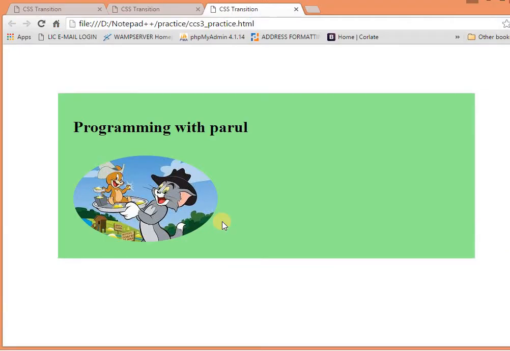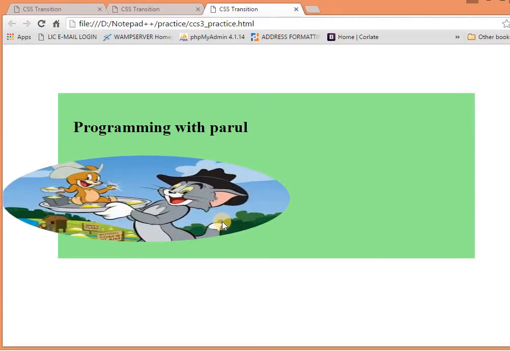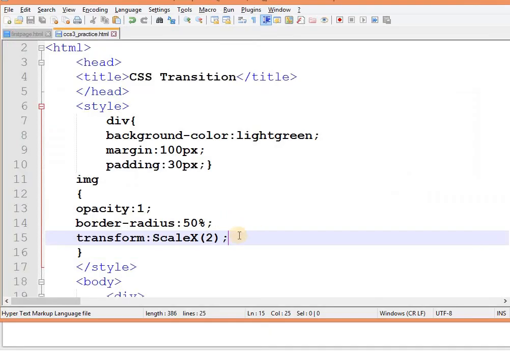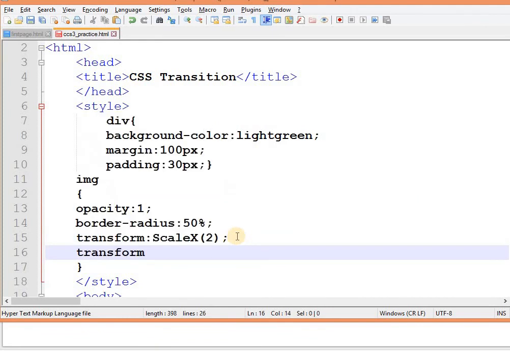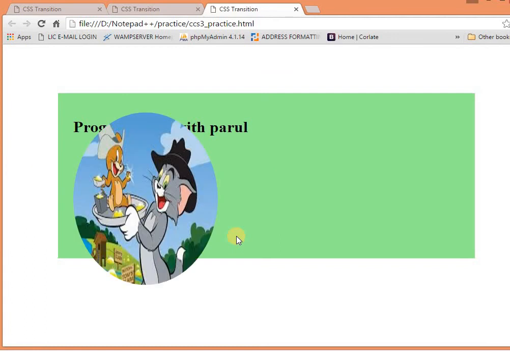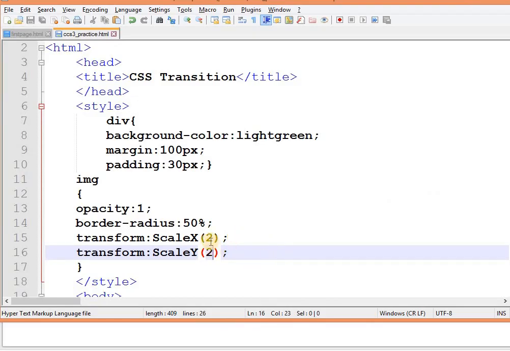Save this and refresh. You can see that it is getting scaled in the X direction. Now I can also scale in the Y direction. Transform scaleY, and the one that is not scaled will remain the same. That's why 2. You can see that it is scaled in both directions, X as well as Y. So this is how it works.